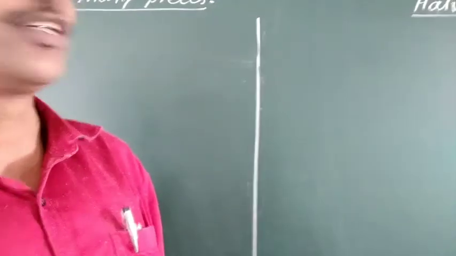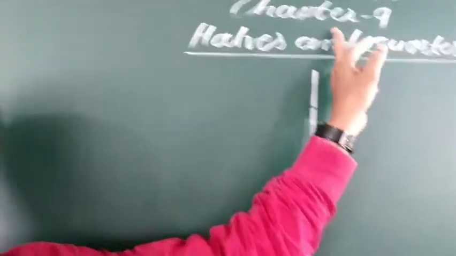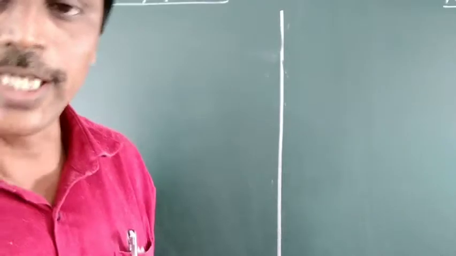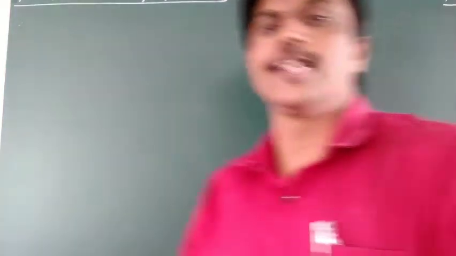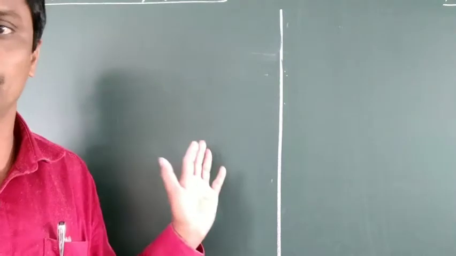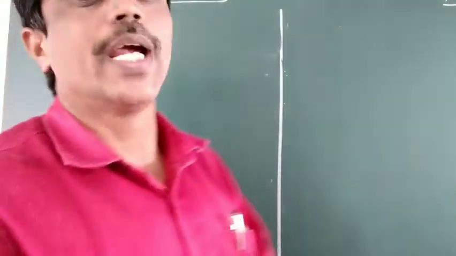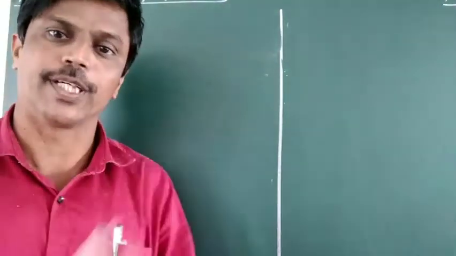Hello friends, in today's class, it is our chapter number 9, half and quarters. In the last two periods we also discussed the same chapter, and in those classes we learned how to make half of whole things, how many halves there are in one whole, and after that quarters, what the meaning of a quarter is, how many quarters make one half, how many quarters there are in one whole, and how to find the quarter and half of different numbers.